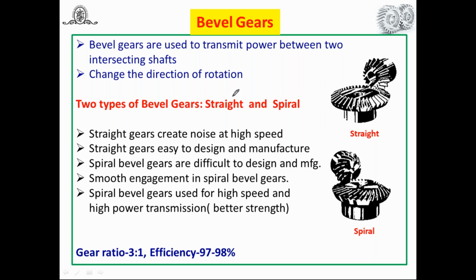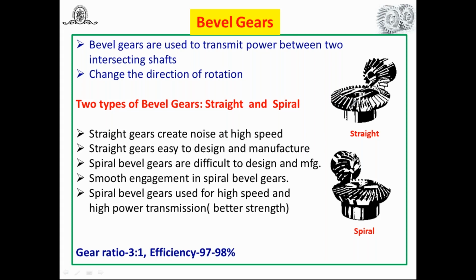Then again here, classification. In general, bevel gears are classified into two types. One is the straight bevel gear and second one is the spiral bevel gear. Now you know very well, look at this figure, you will find the teeth, or how to manufacture this bevel gear. If you observe, you will find